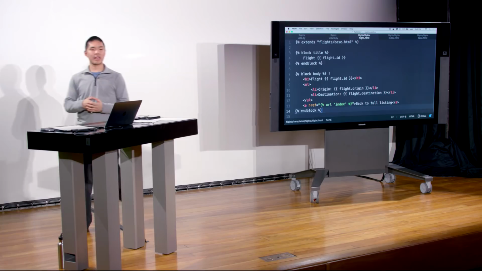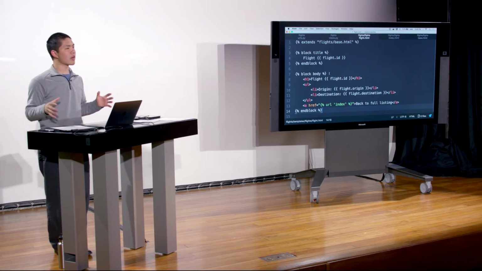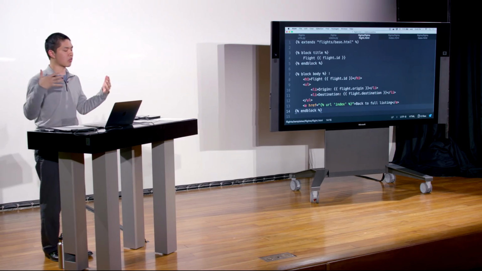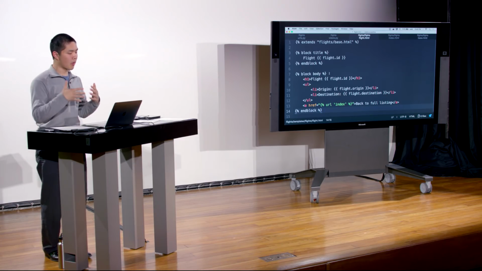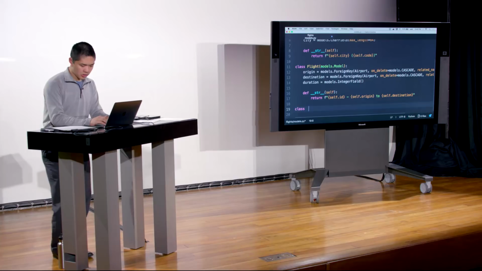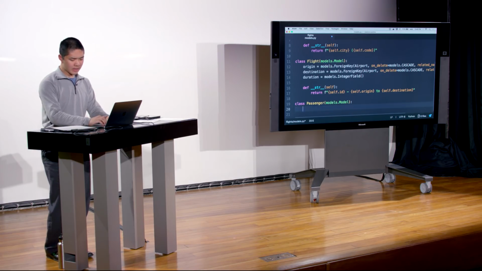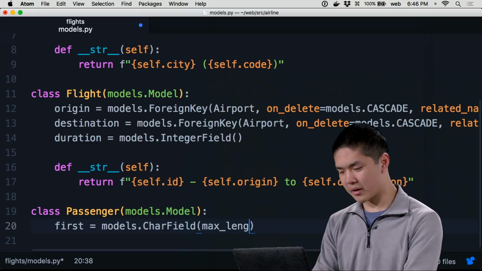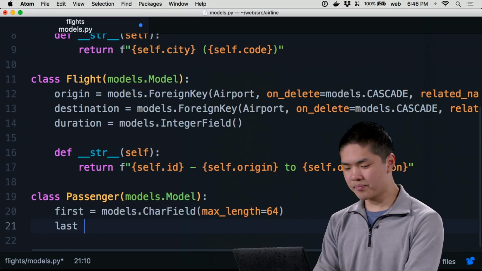What Django is actually going to allow us to do is do that without needing to worry about explicitly creating the in-between table, and just describing the relationship that we want, describing this many-to-many relationship that we want to define in our models. So I'm going to go ahead and open up models.py. We have this existing airport class and this existing flight class. But now what I'm going to do is add a new class called passenger, which is going to be a model. And a passenger is going to have, let's say, a first name, which will be a char field of max length 64 again, and a last name, which will be also a char field of max length